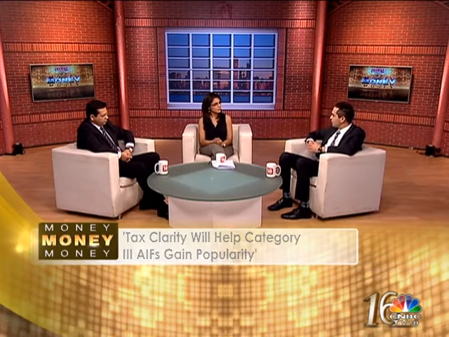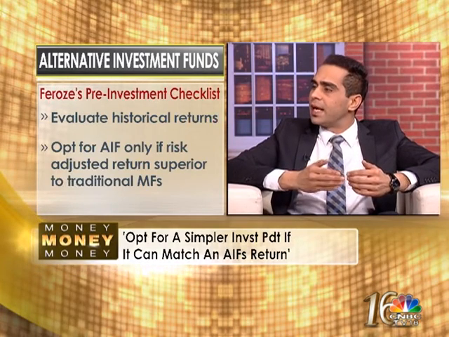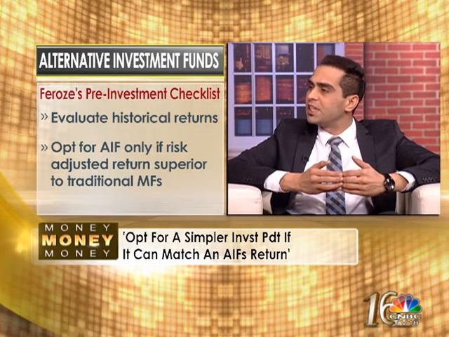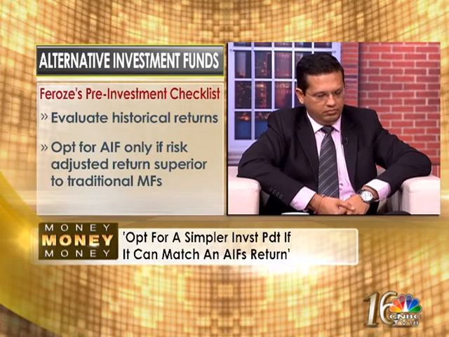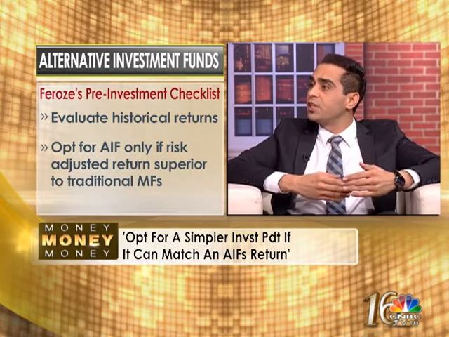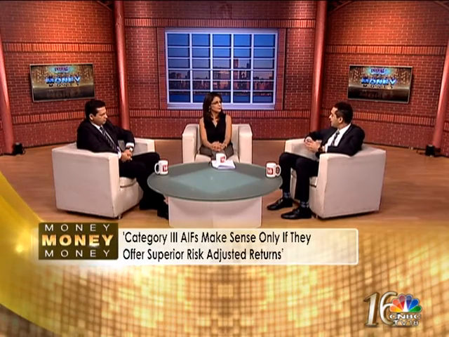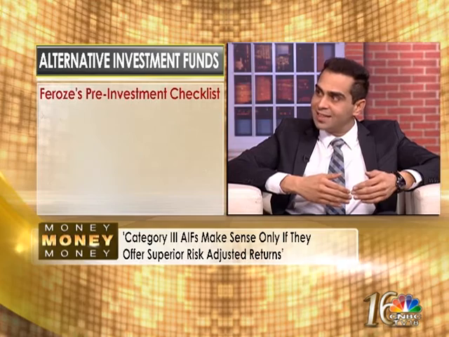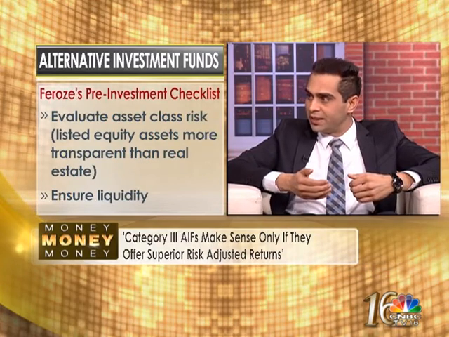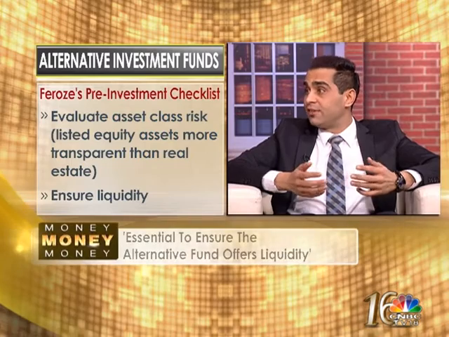Okay. Coming back to what I advise an investor on Category 3: if you have a risk-return profile which can be matched by a simpler product, I would always try to choose the simpler one, because you have to always operate at the LCM, the least common multiple, of investing. So if you are not able to replicate it, like Vaibhav was mentioning, if it does not behave like equity, then liquidity becomes a very, very important part, because in Category 3, the fund manager's discretion to have it closed-ended is also there, because liquidity itself could have some complexity.